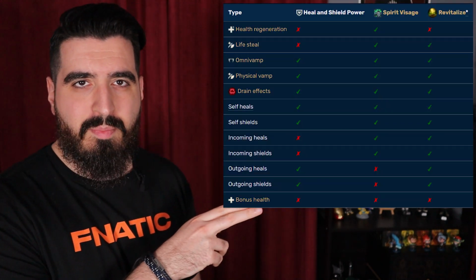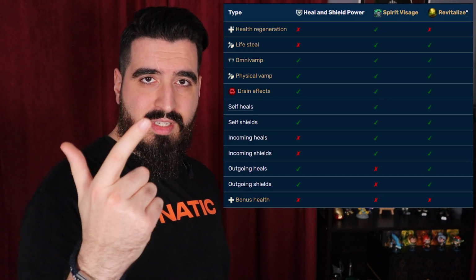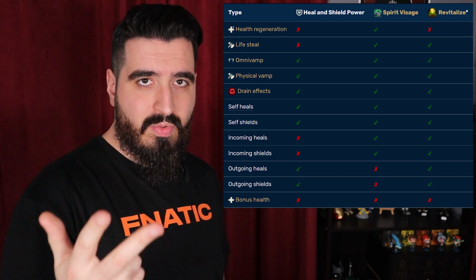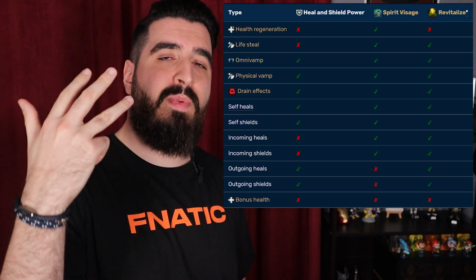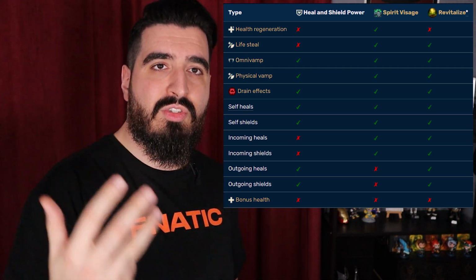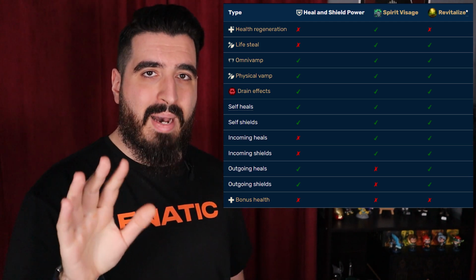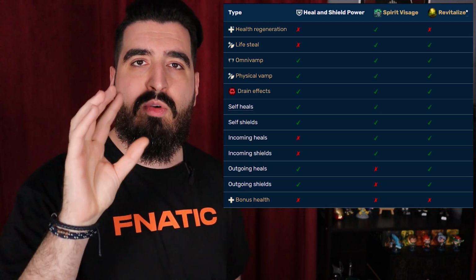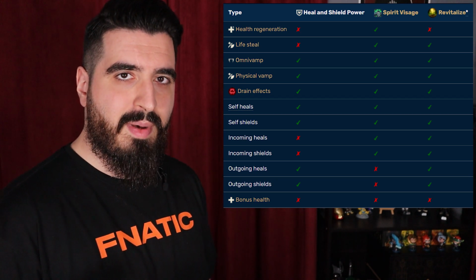As you can see in the picture that we saw before, we are going to have Revitalize, Spirit Visage, and your W that's going to increase your healing effect. Plus, we are going to have the Spirit Visage and Revitalize that is going to multiply the shield effects that you are receiving from your allies. But we are not going to have bonus heals and shields from the heal and shield power, because the number from this stat is going to only apply for your own shields and heals and the ones that you are